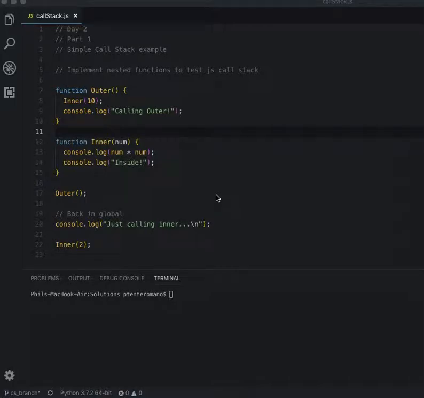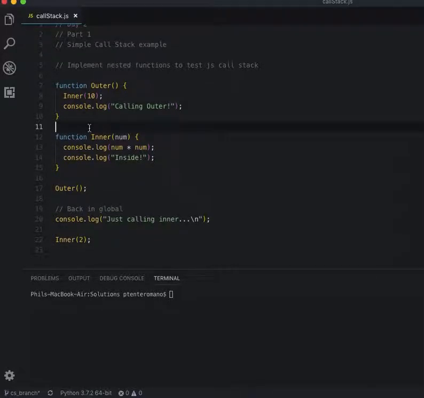Hey guys, I just wanted to do the call stack functions. So I made two functions, one outer and one inner. These functions will get put on the stack according to when they're called. So the outer is actually calling the inner function. If you wrote this already and you played around with it, you kind of already see how the call